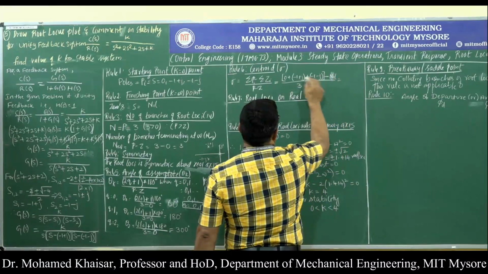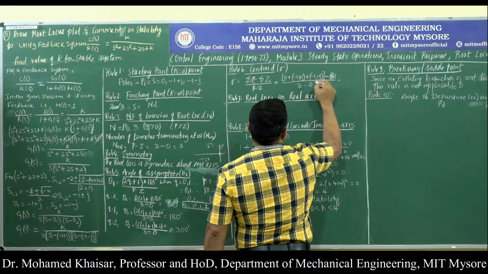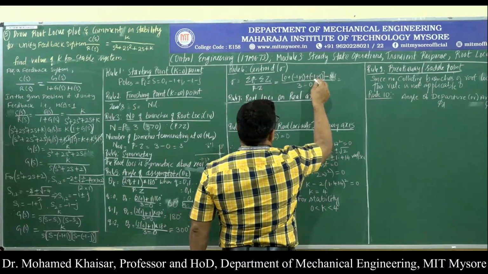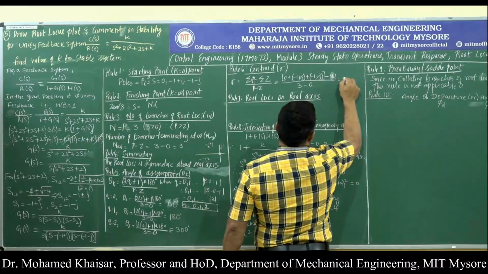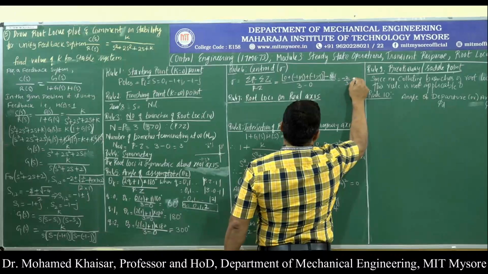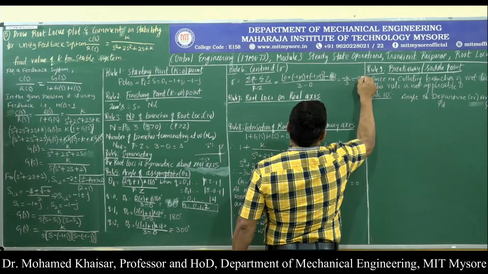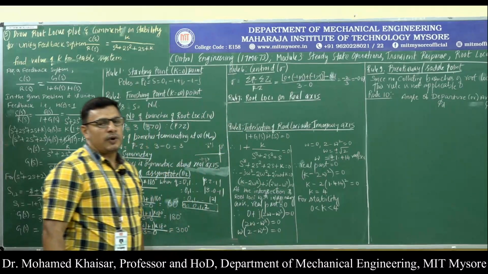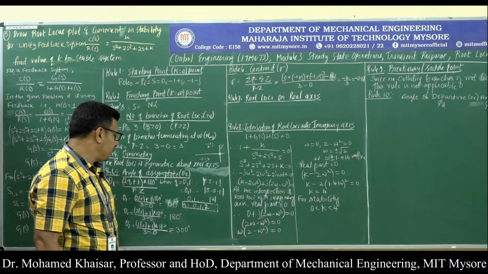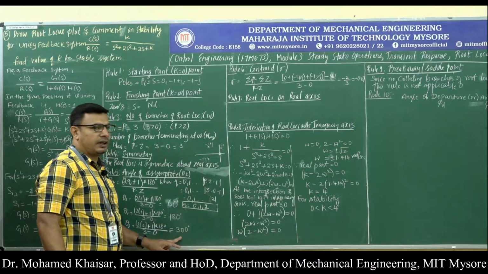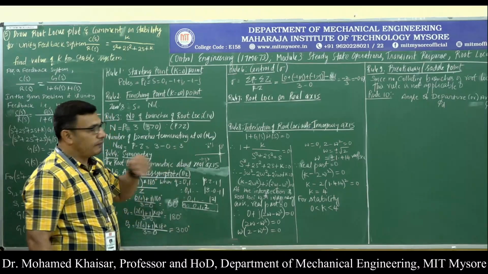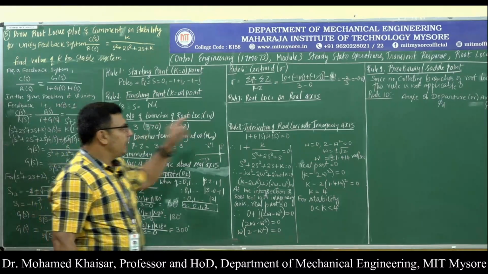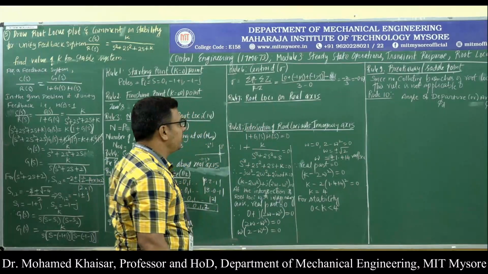So what do I get? Minus 1 plus j, minus 1 minus j, minus 1 minus 1 becomes minus 2. It gives me minus 2 by 3, that is minus 0.67. So the centroid, the point from where the asymptotic straight lines at 60 degree, 180 degree and 300 degree will be drawn, the point from where it emerges on the real axis, exists at minus 0.67.